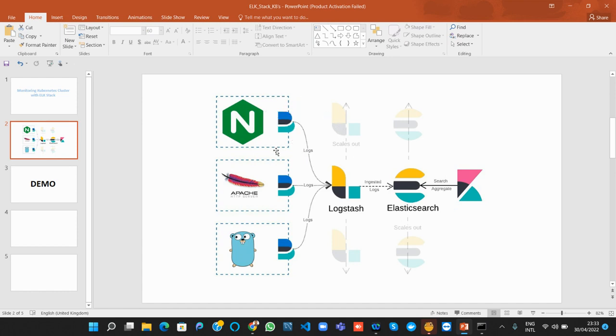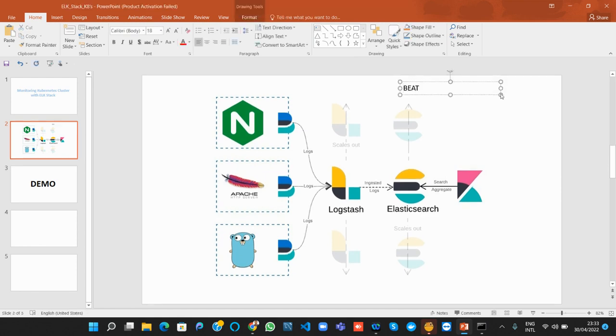In this diagram, they've used something called Beat. The Beat agent is the agent that collects the atomic data